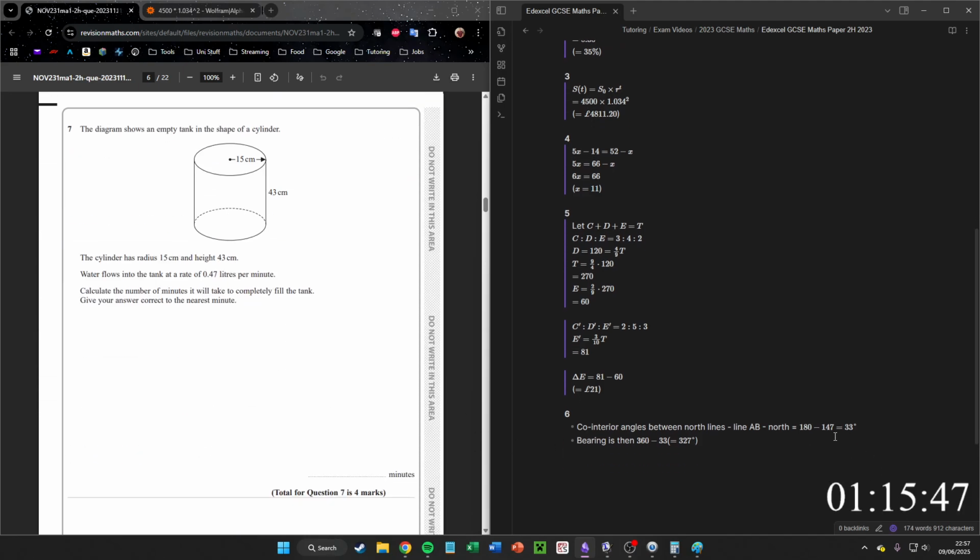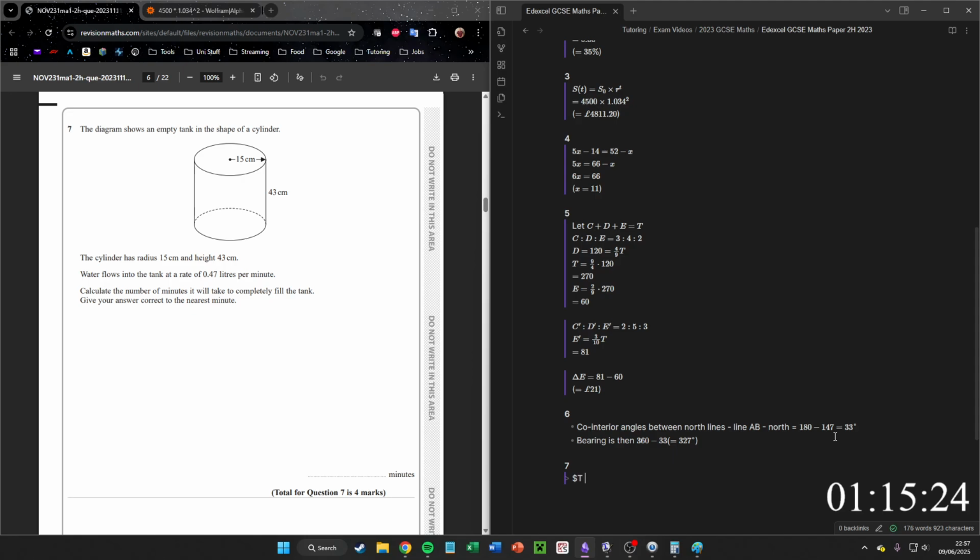Looking at a cylinder. The diagram shows an empty tank in the shape of a cylinder. We've got a 15 centimeter radius and a 43 centimeter height. Water flows into the tank at a rate of 0.47 liters per minute. Calculate the number of minutes it will take to completely fill the tank. Give your answer to the nearest minute. Right, so we're